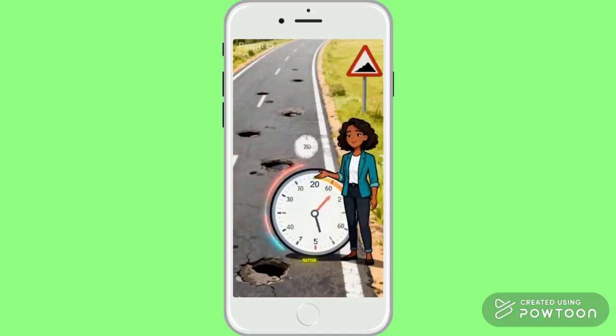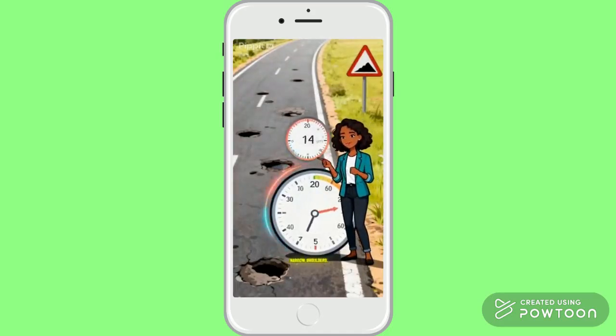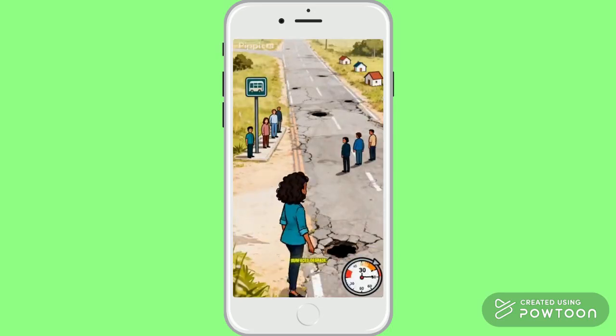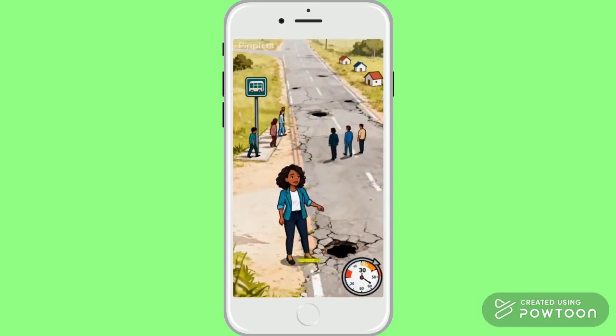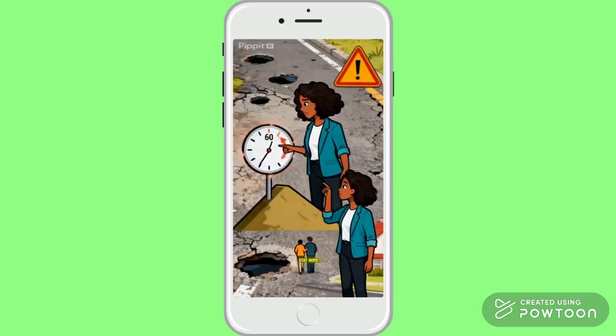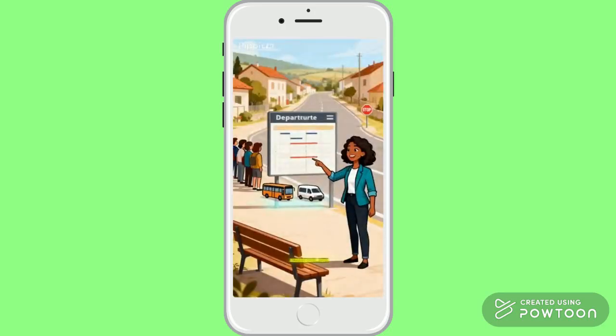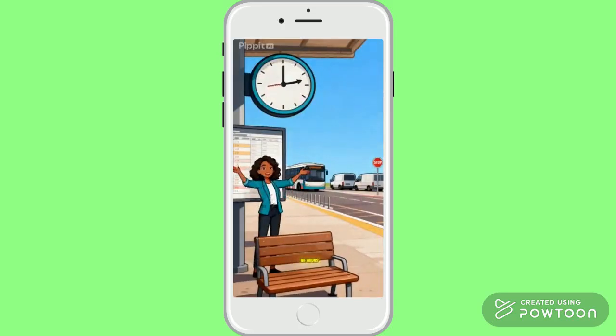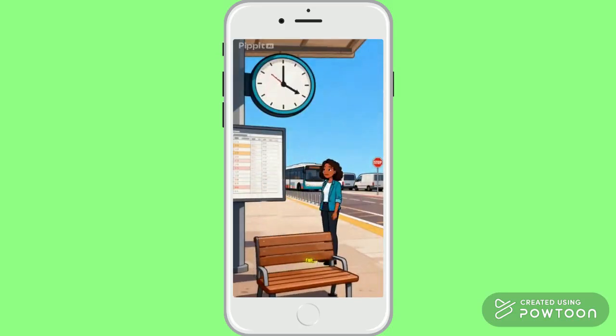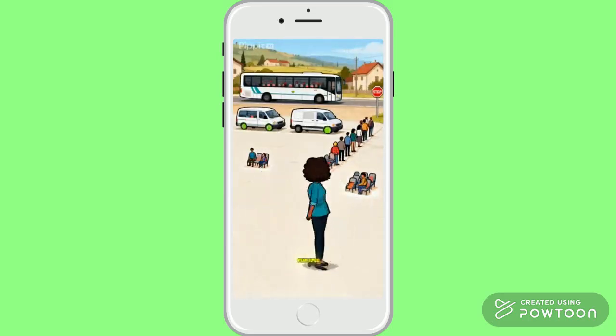Road conditions matter. Potholes, narrow shoulders, steep hills. A 30-minute trip can double when surfaces degrade. Reliability drops, so people delay travel or stay home. Limited options reduce accessibility. Many villages have one bus, a few vans, and long waits. If you miss it, the next ride may be hours away. Stops can be far, and seats limited during peak times.